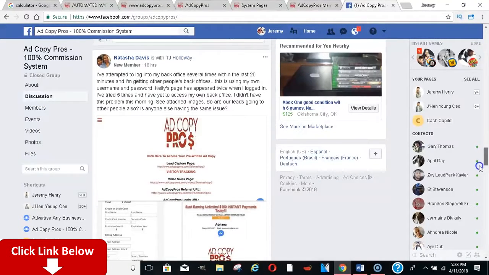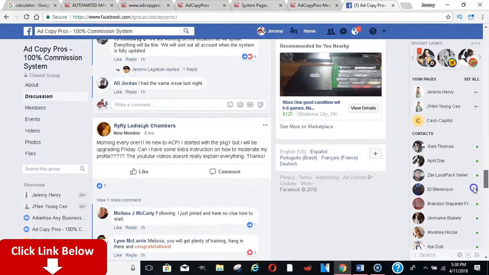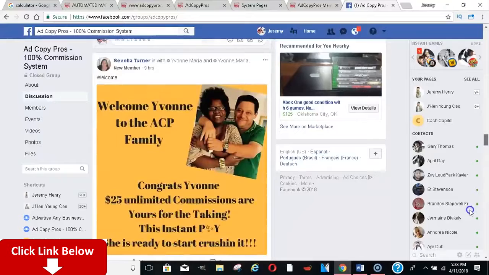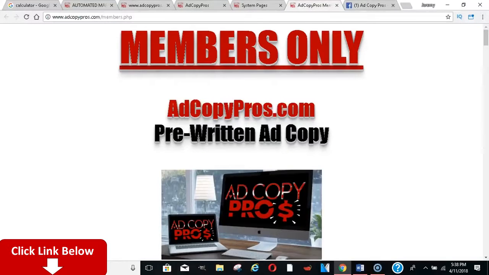So as you can see, there's just lots of people in here helping each other. People have questions. Everybody's getting help in here. People are showing their results and welcoming people to the group. Good stuff, okay? So now that you know what you get, let me show you the potential money that can